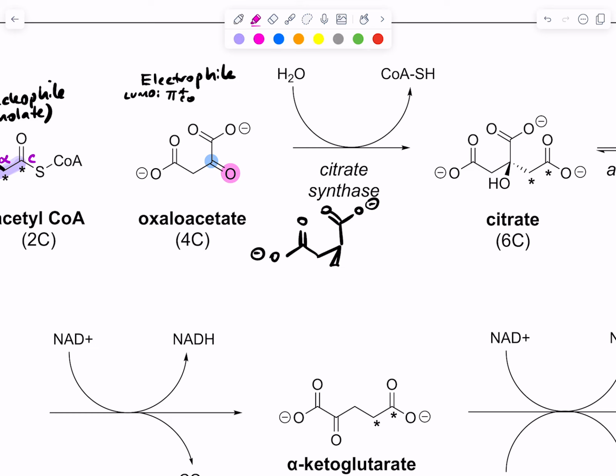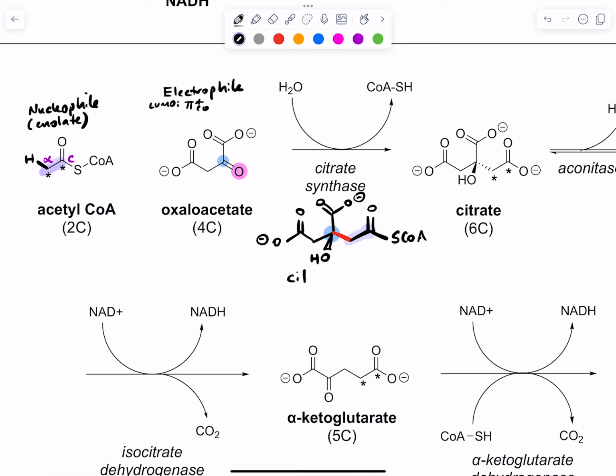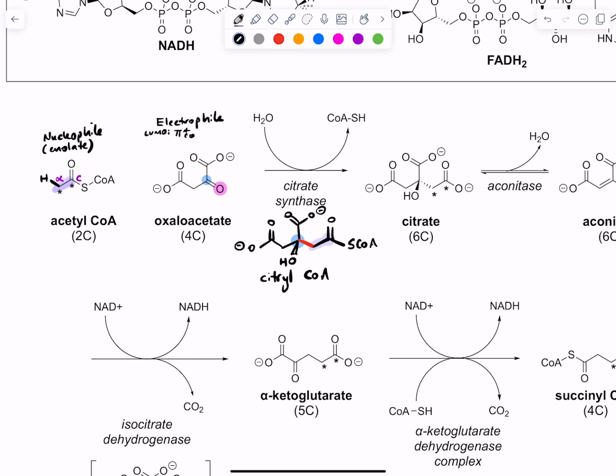Here is the blue ketone carbonyl carbon. Here is the oxygen that, when this pi bond breaks, becomes negatively charged, and then it picks up a proton. Here is the new bond that is made. And then here is the alpha carbon and the carbonyl carbon of acetyl-CoA. So those two carbons end up here. This intermediate, which was not shown, is called citryl-CoA. And you'll notice if you compare citryl-CoA to the product,